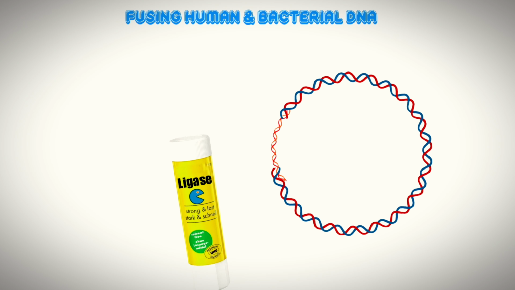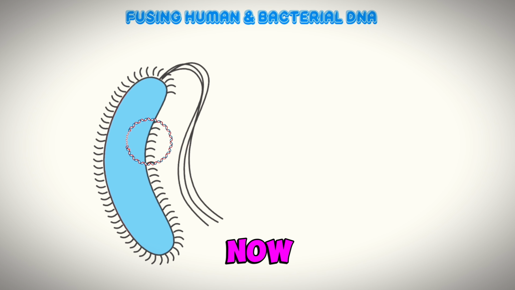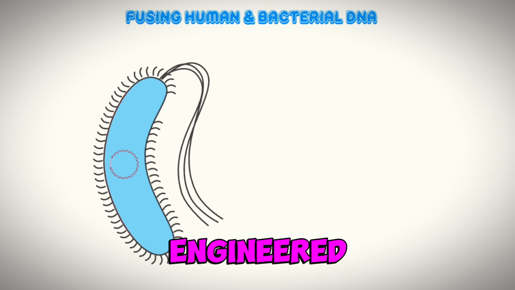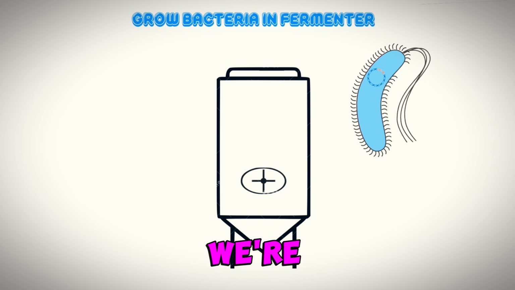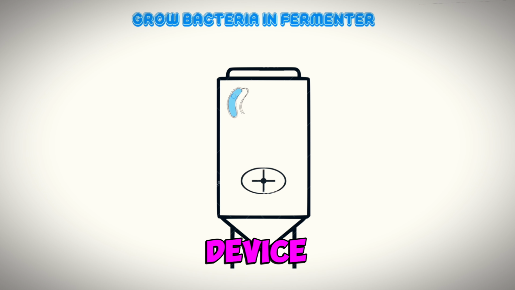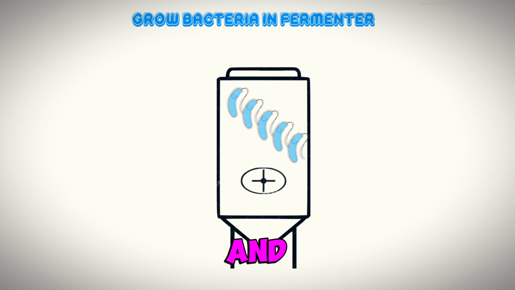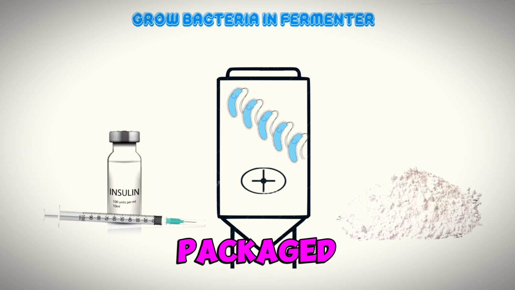Next, we're going to take that recombinant plasmid and we're going to insert it back into bacteria. Now the bacteria has been officially engineered because it has human DNA inside. The next step is that we're going to take those bacteria and insert them into a fermenter, which is a device that is meant to grow bacteria inside. Those bacteria will reproduce rapidly and produce human insulin, which can be easily now processed and packaged to be sold